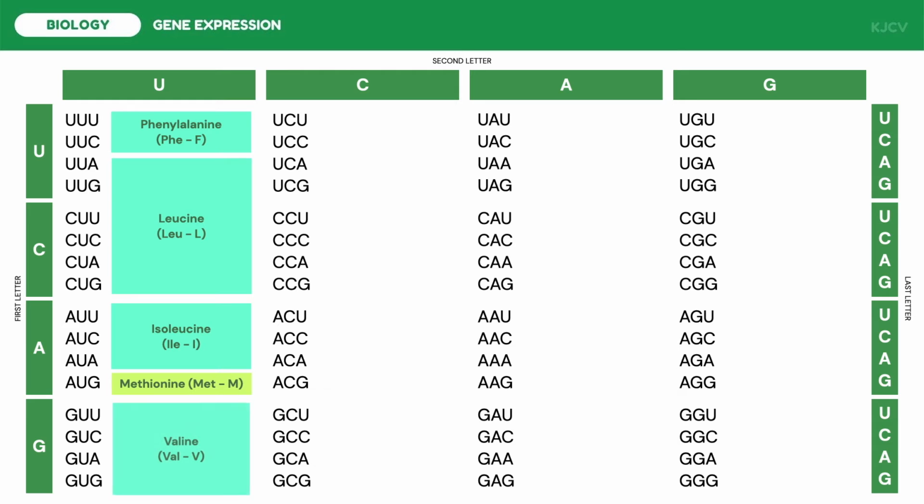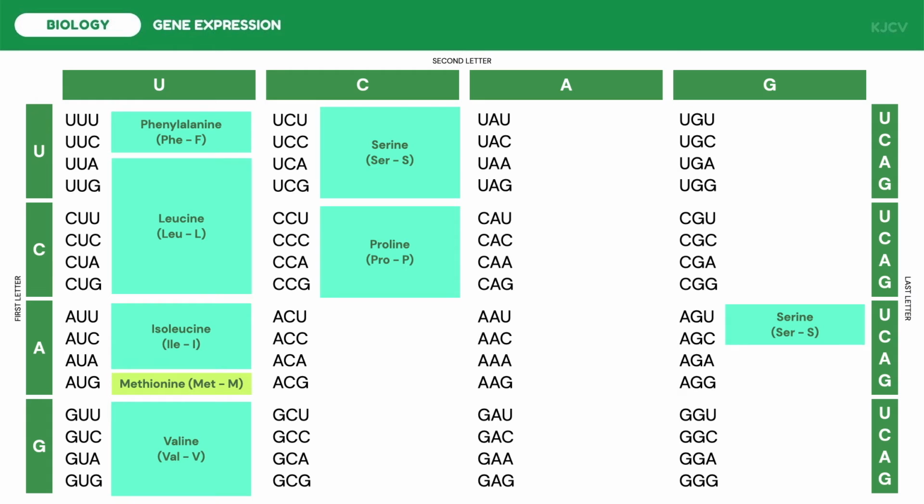Next, we have valine or VAL or V, serine or SER or S, proline or PRO or P, threonine or THR or T, alanine or ALA or A,